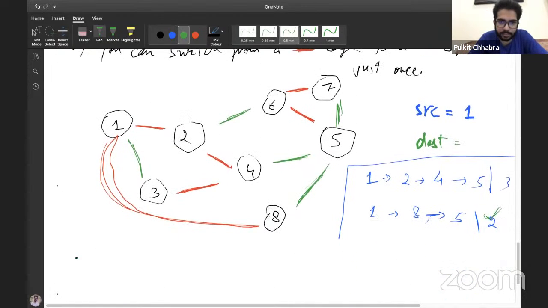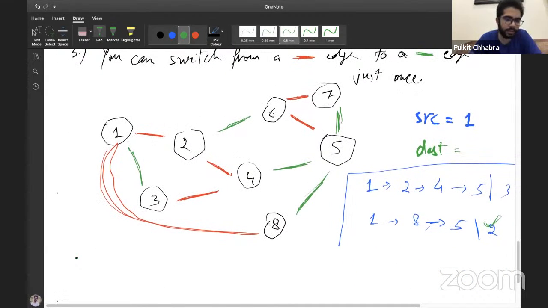So I just gave you an example here, and I think I've spent enough time trying to explain what all are valid paths, what all are not. So in the end, we boiled down to these two valid paths.